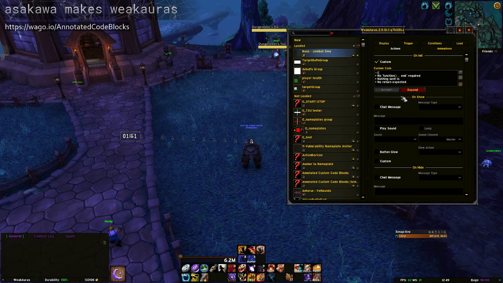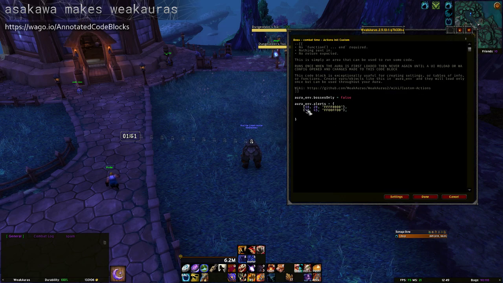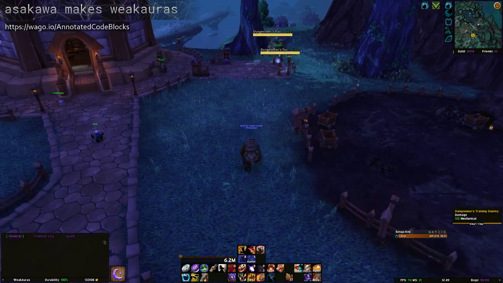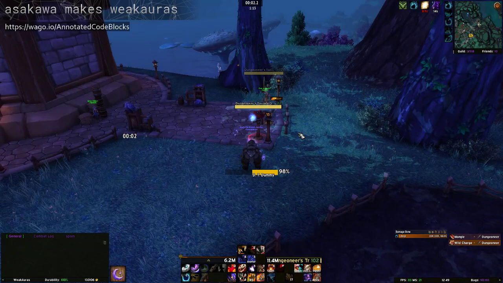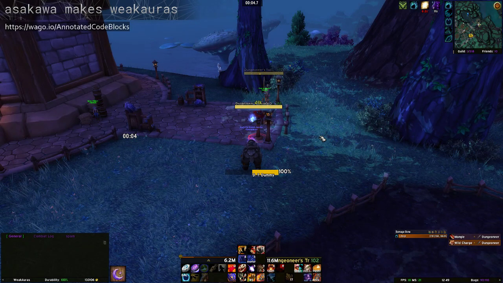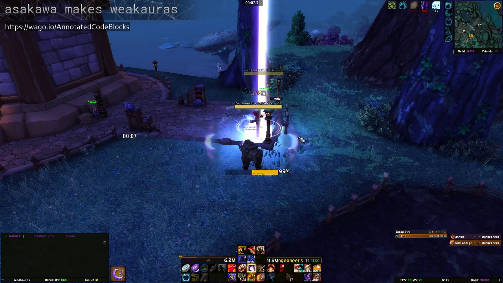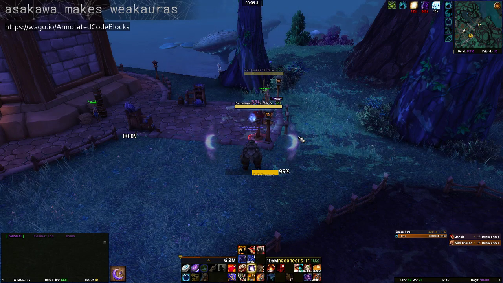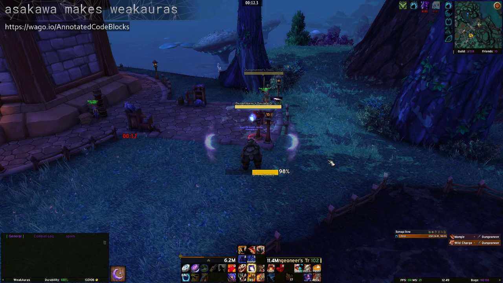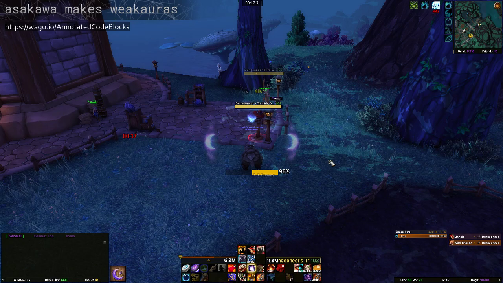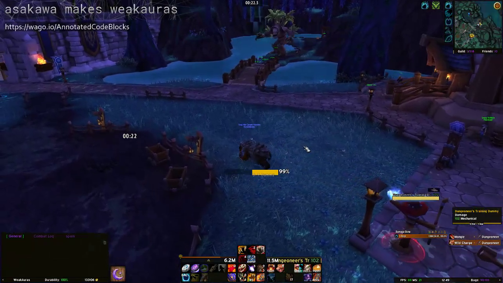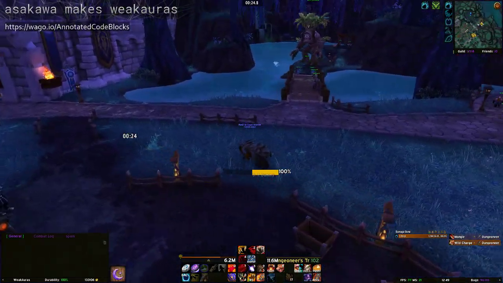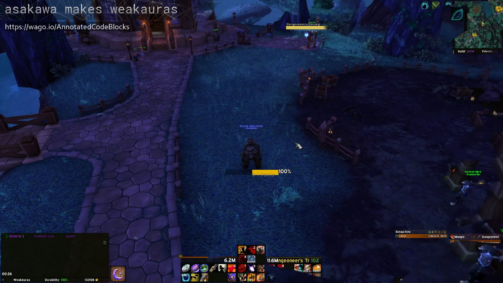So hopefully now, after 10 seconds in combat, it'll change colour to be red. Let's go and find out. There's 10 seconds, it's gone red, and I think I set it to stop doing that at 20. There we go. So it works, but we've now got something